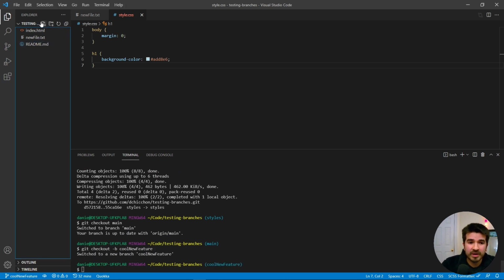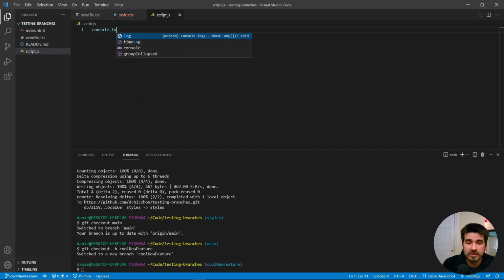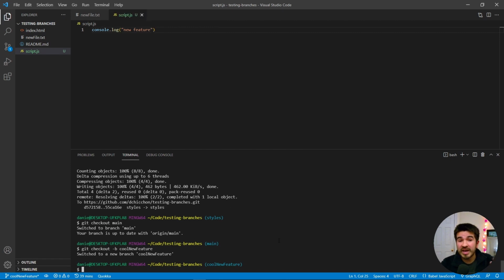And I'm adding my script, script.js. I'm adding a coding file with a console.log new feature here. And of course, right now I'm in my cool new feature branch. But here's a good point. Check it out, I don't have my style.css. That's important to notice. The reason why that happened is because, again, if I go back to my main,